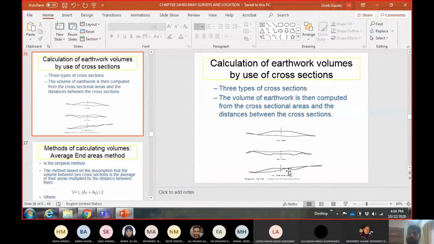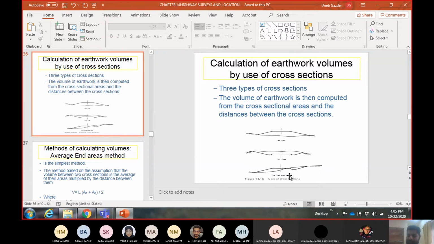Okay, then you see the third one, the last one. You can see the road level is this one, again the plane surface, and the ground level is cutting the road level at a particular level. So the ground level is not completely below or above the road. It is partially below the road in this section on the left hand side. On the right hand side, it is above the road. So we call it a fill and cut section because both things are there. You have to do filling on the left hand side and cutting on the right hand side.